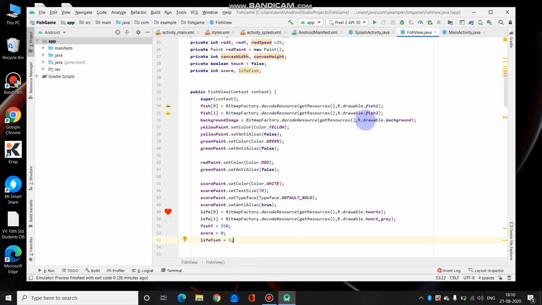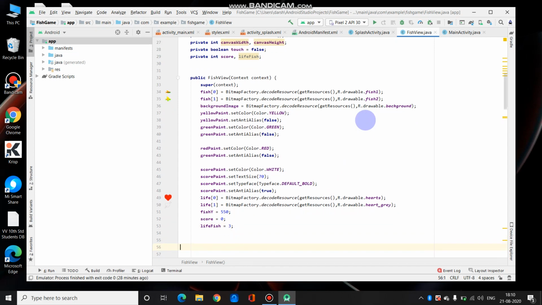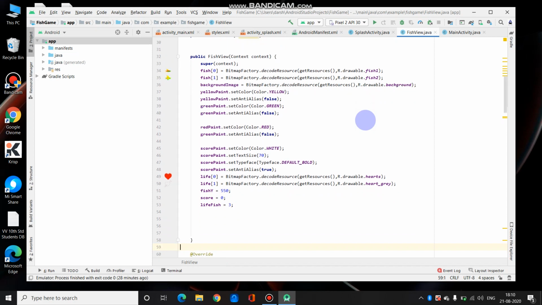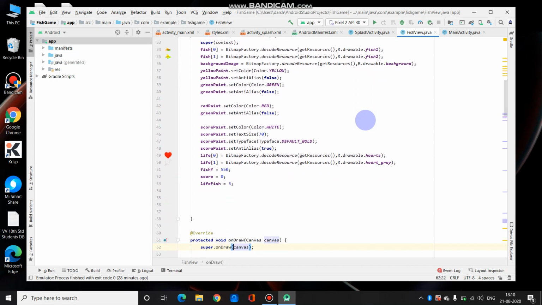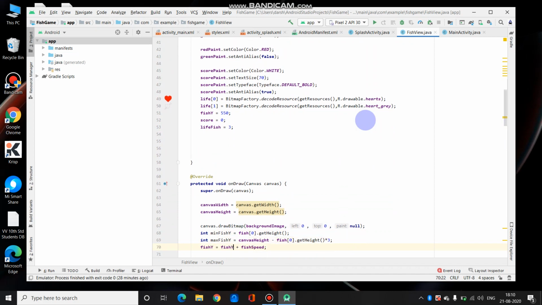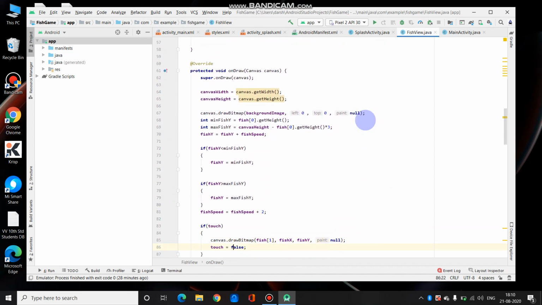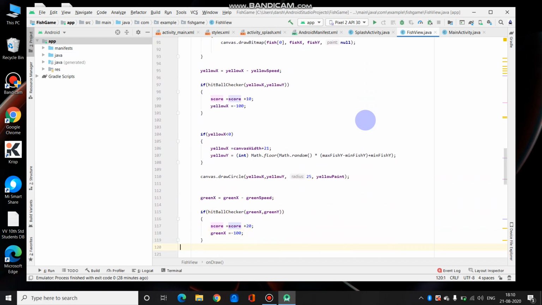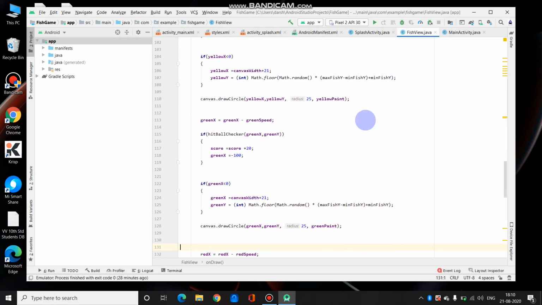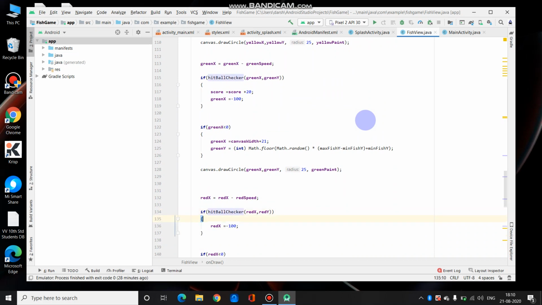Now let's go to the if part of the red ball. Here we are going to decrement the life by 1.